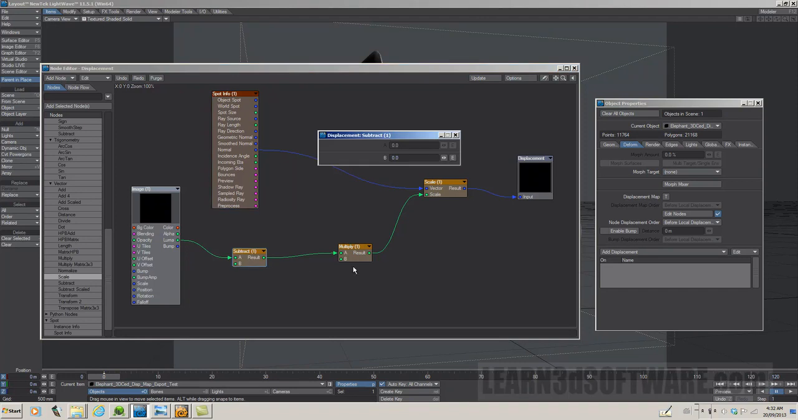On the subtract node, we need a value of 0.5 on B. And the multiply node may vary depending on the situation, and we'll scale that as we get to it. So notice that these are the display or the